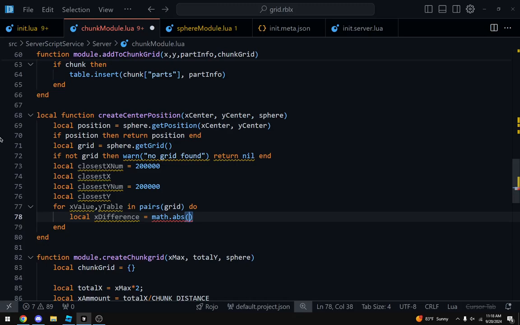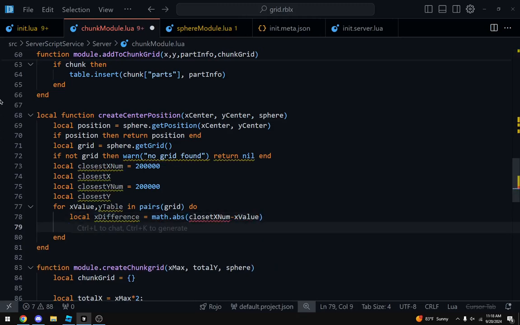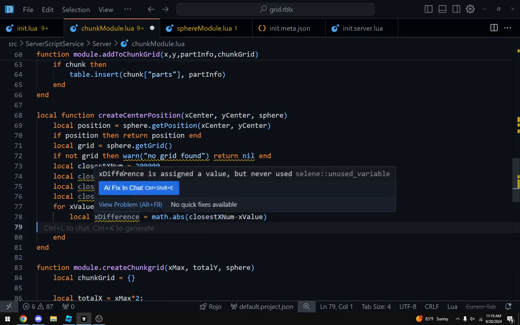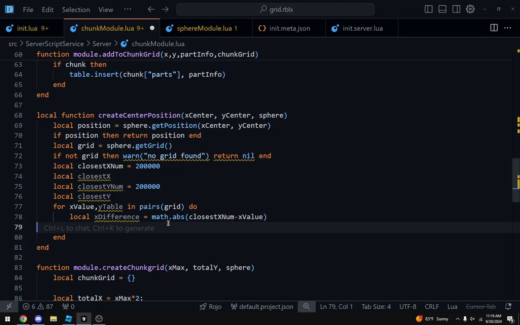And we want to do closest x num, take away x value. Okay, so we have our closest x num, take away our x value.